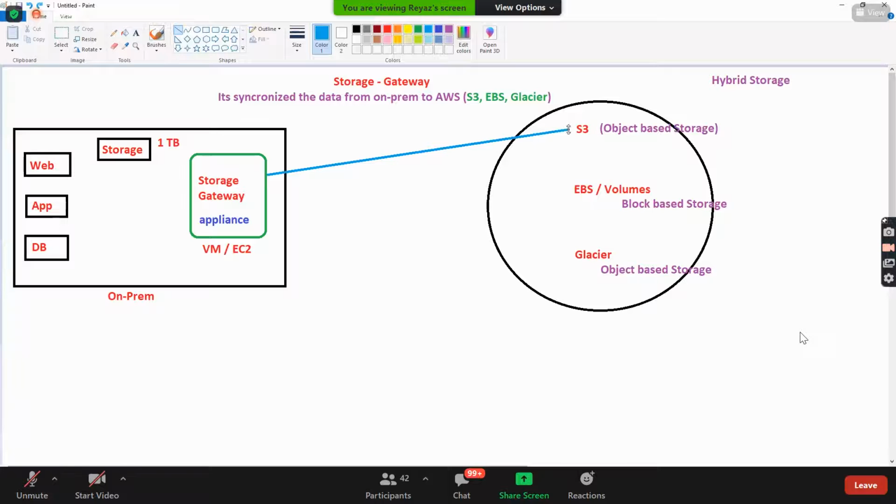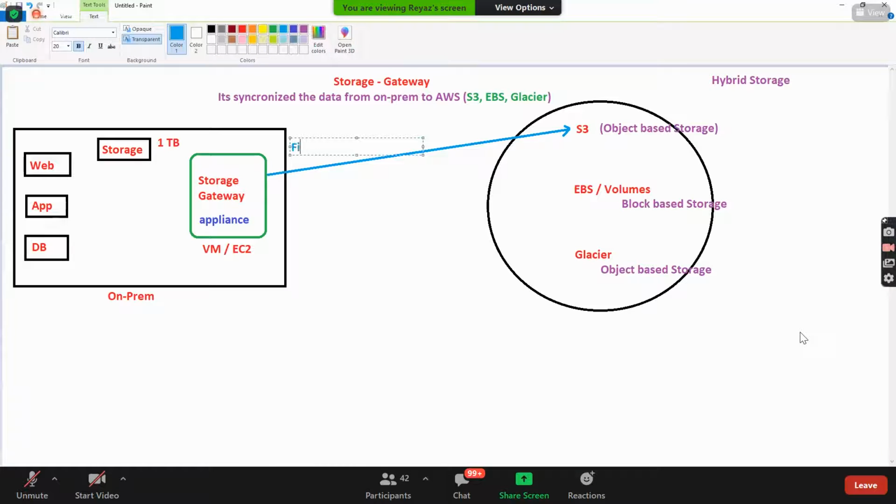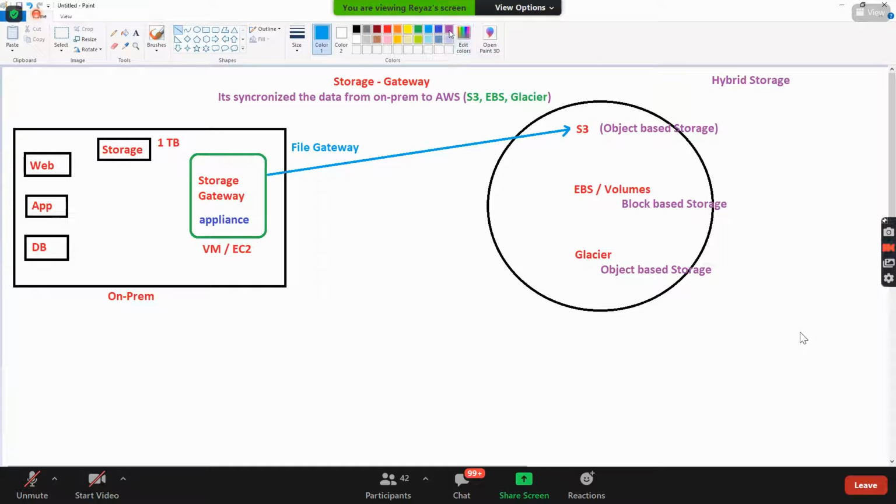Number one is the file gateway. What is that called? File gateway. And number 2, if you want to synchronize the data to EBS, go with the volume gateway.